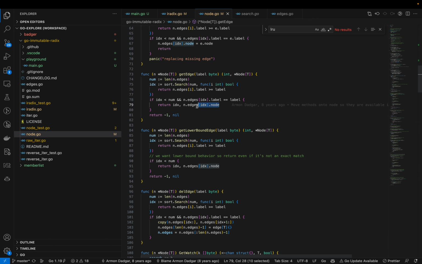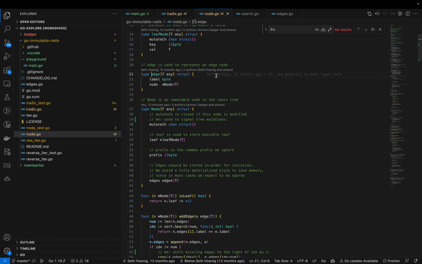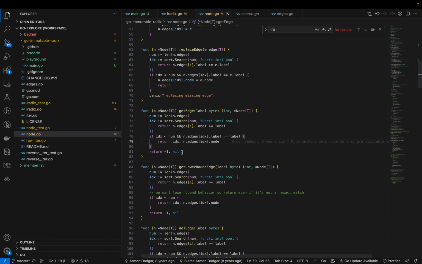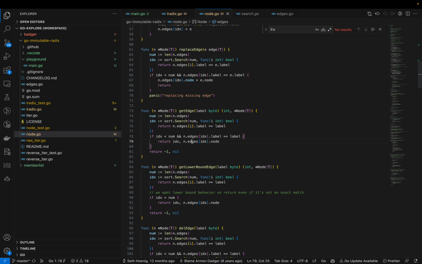And it is also going to return the node that is attached to the edge. So going back to the edge structure, it has a label and a node. So it is going to return that, right? If it finds the edge, that is. If it doesn't find it, it is going to return -1 and nil. So going back,